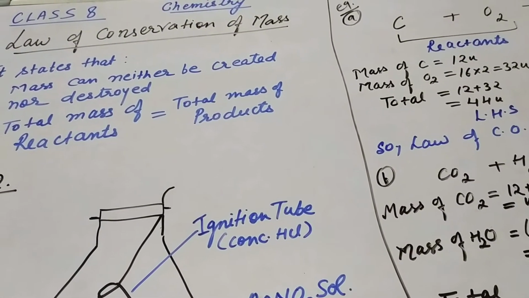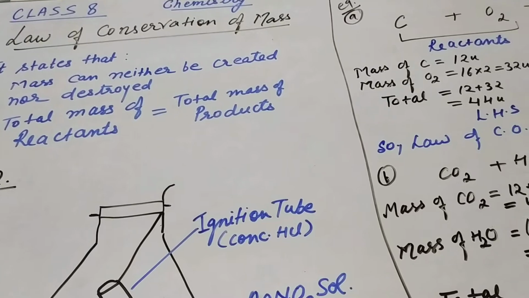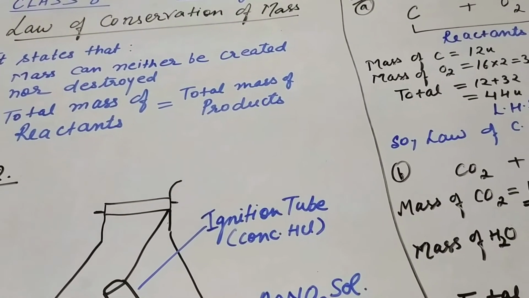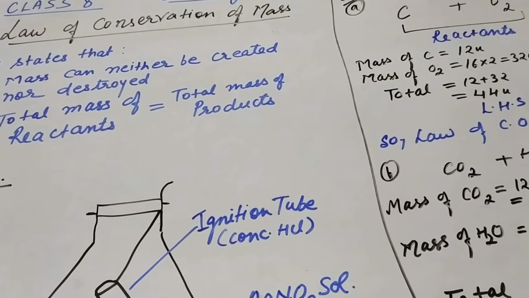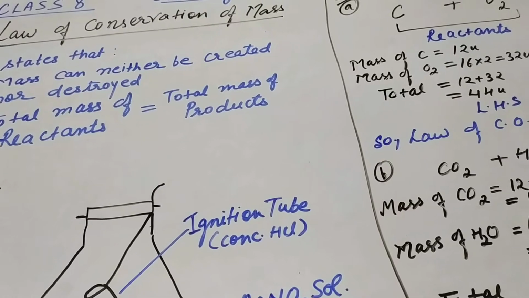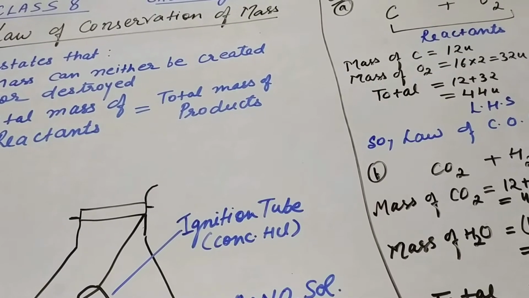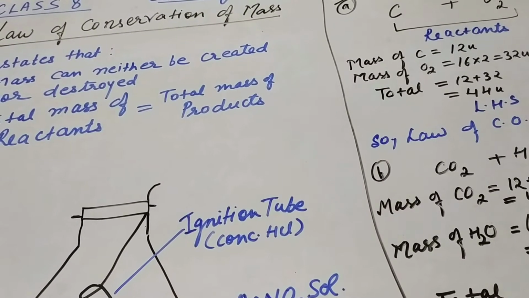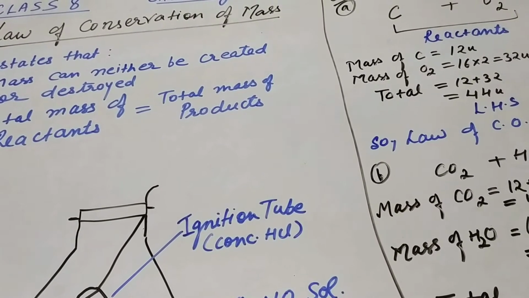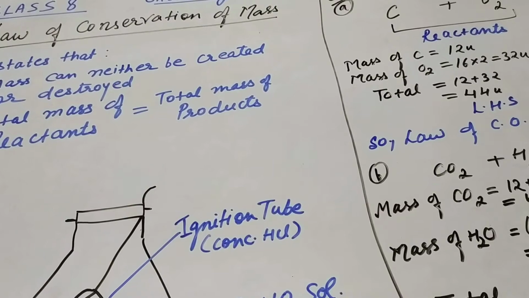Dear students, in this video we'll deal with the topic that is law of conservation of the mass. This law states conservation means fixed, that is the mass remains fixed within a chemical reaction. Whenever any chemical reaction is conducted in chemistry, the mass remains conserved, that it remains fixed. There is neither a loss in the mass of the reactants nor a gain in the mass